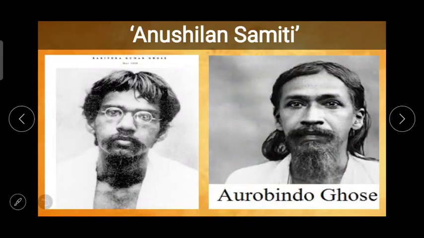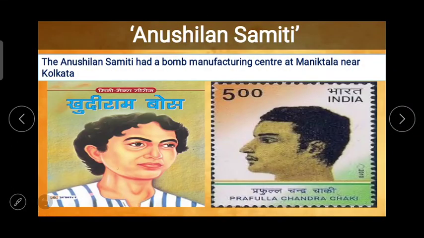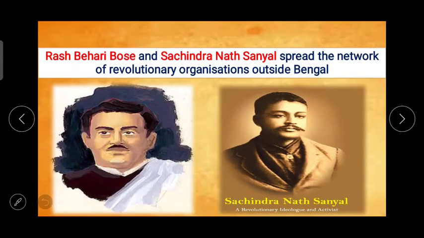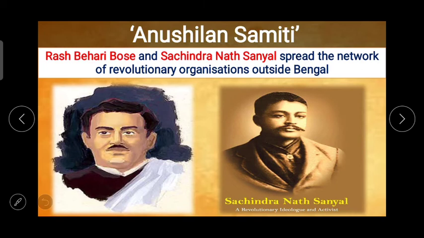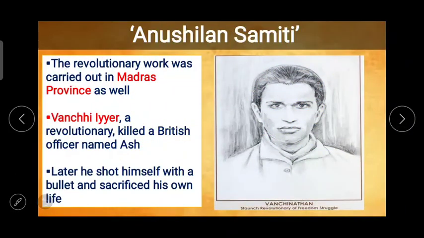Anushilan Samiti and the role of Arvind Kumar Ghosh, Arvindo Ghosh and Barindra Kumar Ghosh, Khudiram Bose and about Praful Chandra Chaki, Raj Bihari Bose and Sachindranath Sanyal, who spread the network of revolutionary organizations outside Bengal, Vachi Iyer,